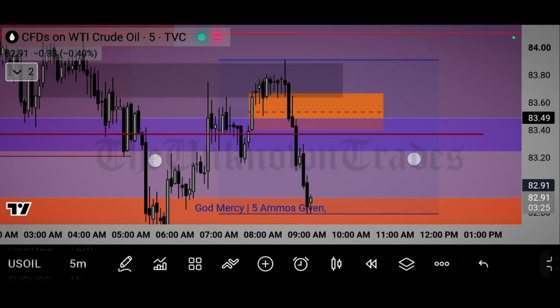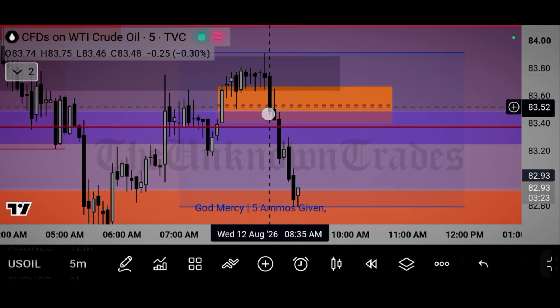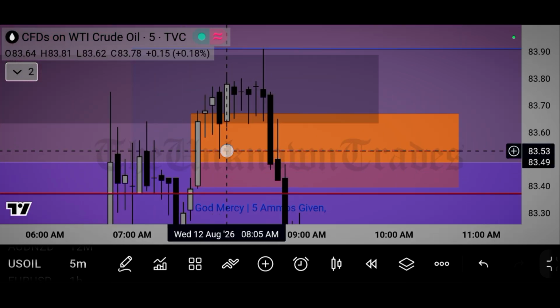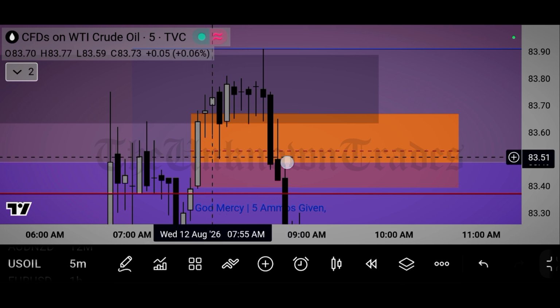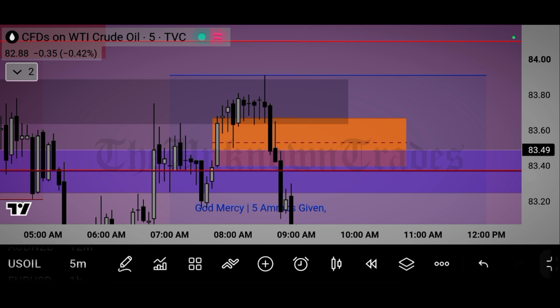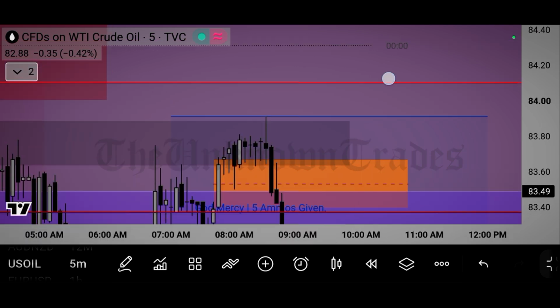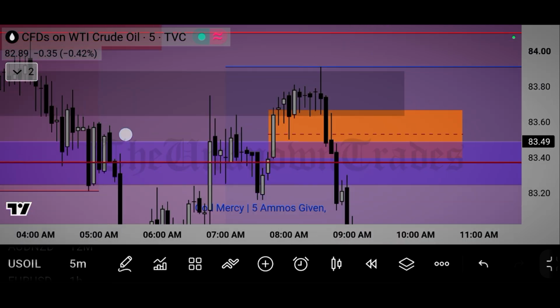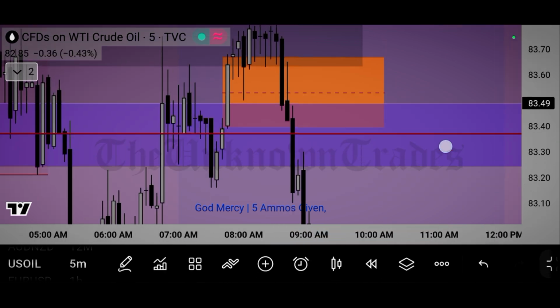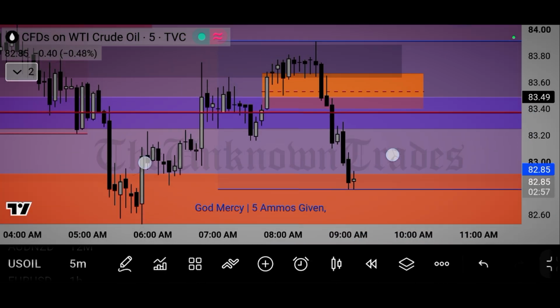Okay, so after that, if you zoomed in this area, then this left side swing price taken and closed below this swing low, which means now bias is down. We want to forget this relative equal lows liquidity, and this orange color box is the inversion fair value gap of the 5 minute chart, and here the price